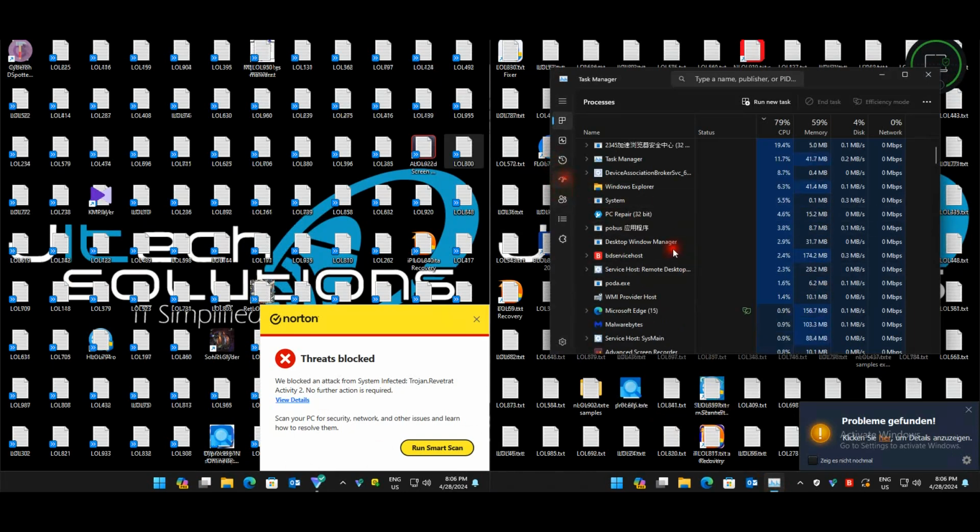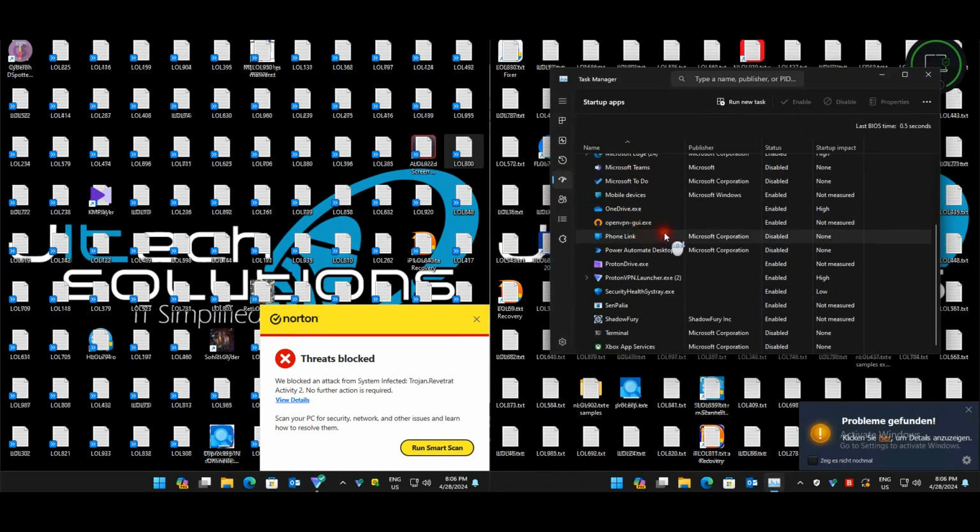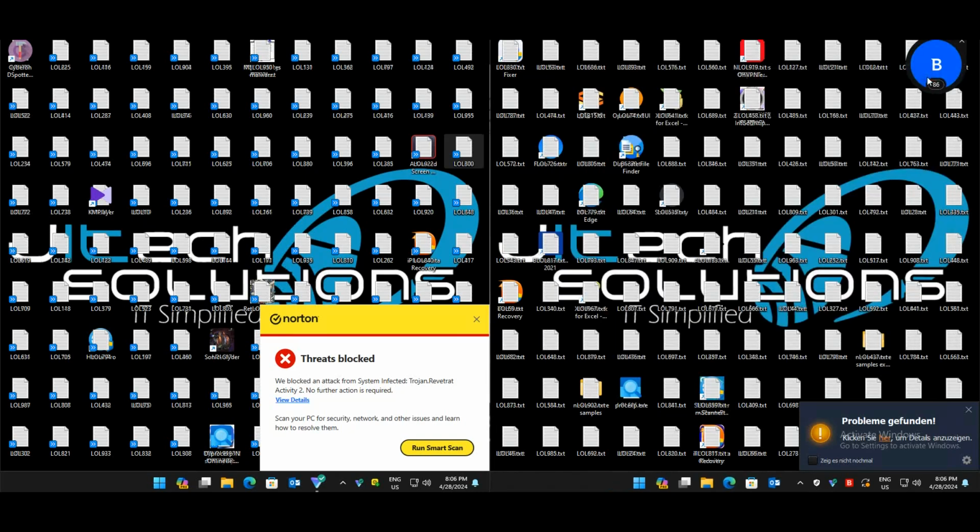We already checked the startup items, so you guys obviously know, but yeah, I would say this is the end of this test, guys. So let's quickly recap. Bitdefender did better in the website test, and I would say overall it did better for me in the real-time protection. Still fairly close. It's not a day and night difference, it's still close, but I would say Bitdefender just had that slight edge over Norton.